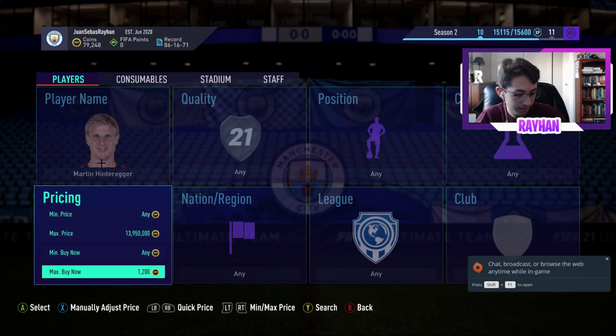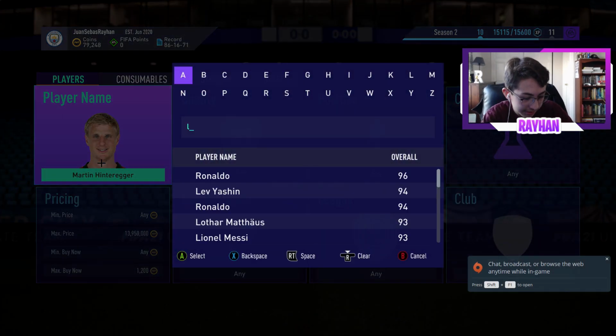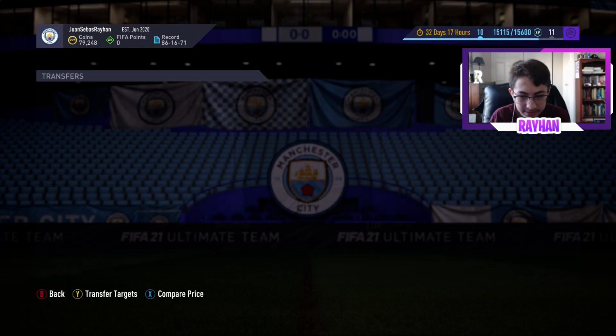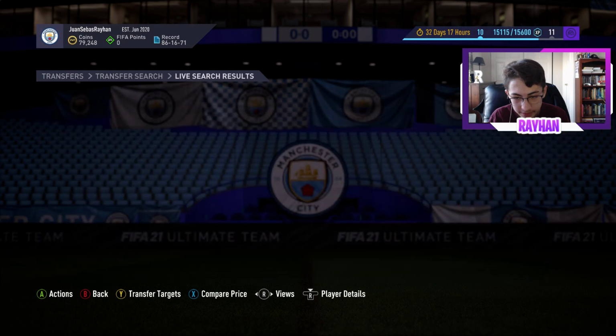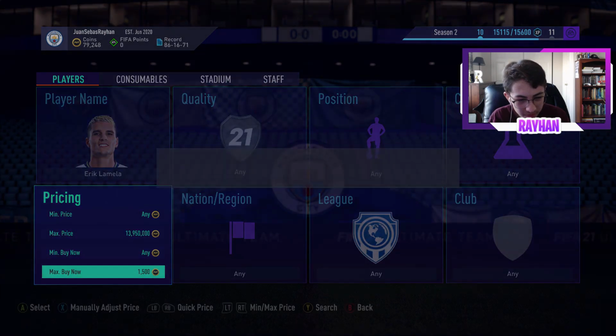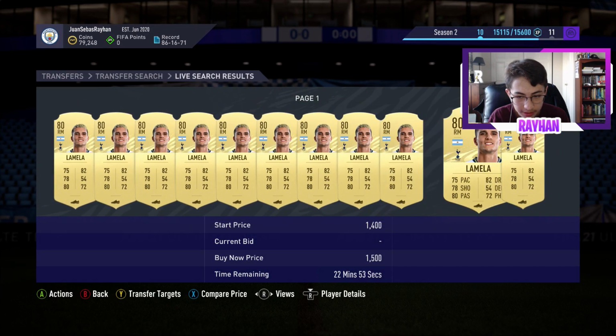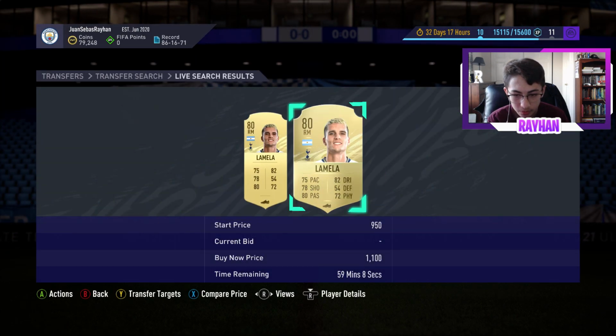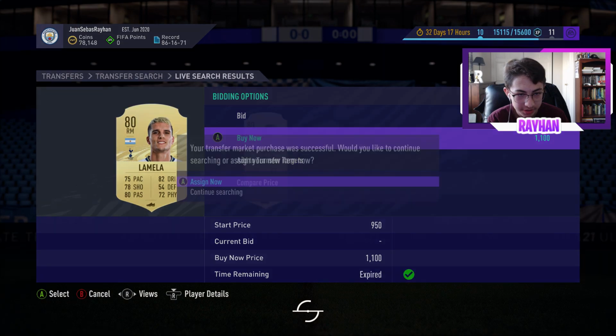I see him in a lot of SBC solutions, and he does play for Tottenham and Argentina, so he gets good links. Let's see. Okay, he is selling for, I'd say, 1.5k now. Yeah, about 1.4k. So if we can get him under 1.1k, we are good. I'm gonna go ahead and try to snag these two,